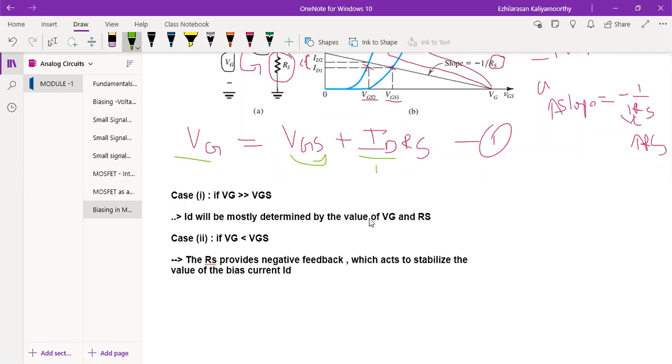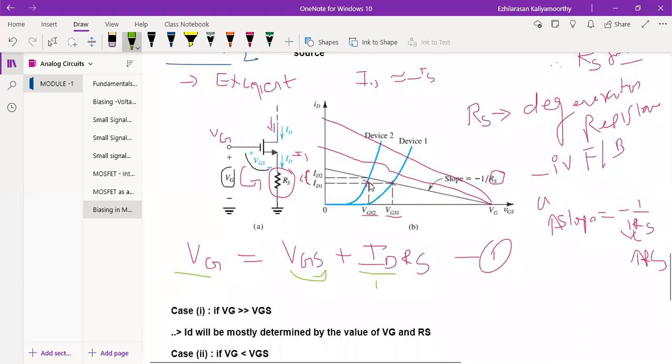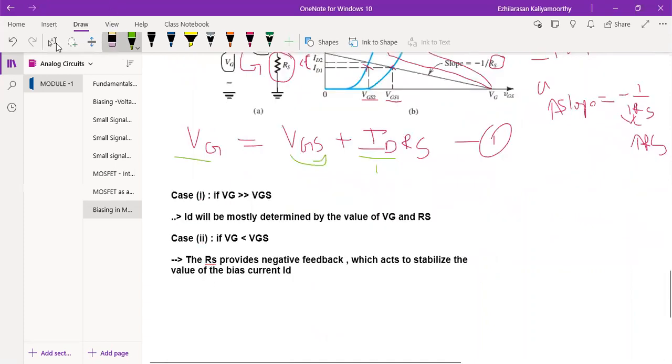Like from this diagram, I can say the intersection of this straight line in the ID-VGS characteristics curve provides the coordinates of ID and VGS. Then notice that the variability in ID using this biasing approach is much smaller. So as I said here, one of the components